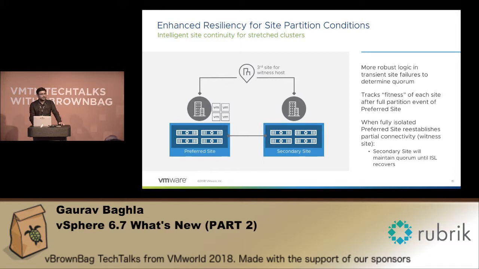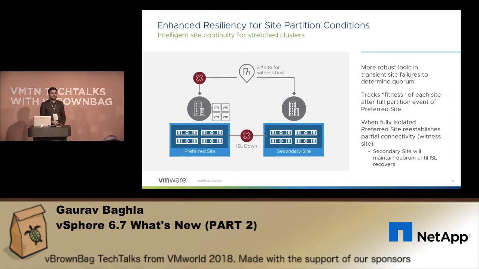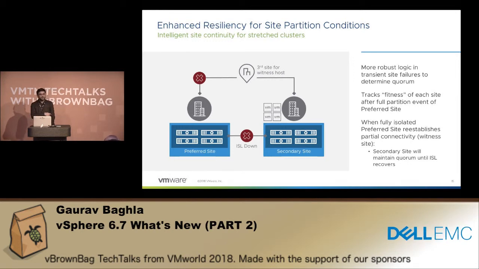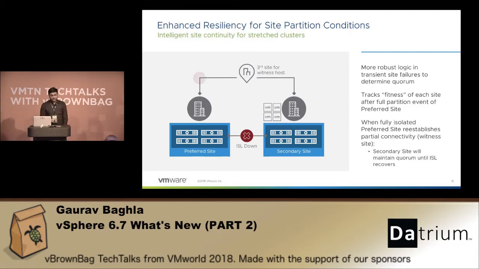Preferred and secondary are connected via a fast link, and the witness, which would typically be metadata only. Now, in case we have a connectivity issue of the ISL, the preferred site has gone or is non-responsive. It does not have any connection to the witness node as well as to the secondary node. In this case, the VM has failed over back to the secondary node, and for some reason, if your witness